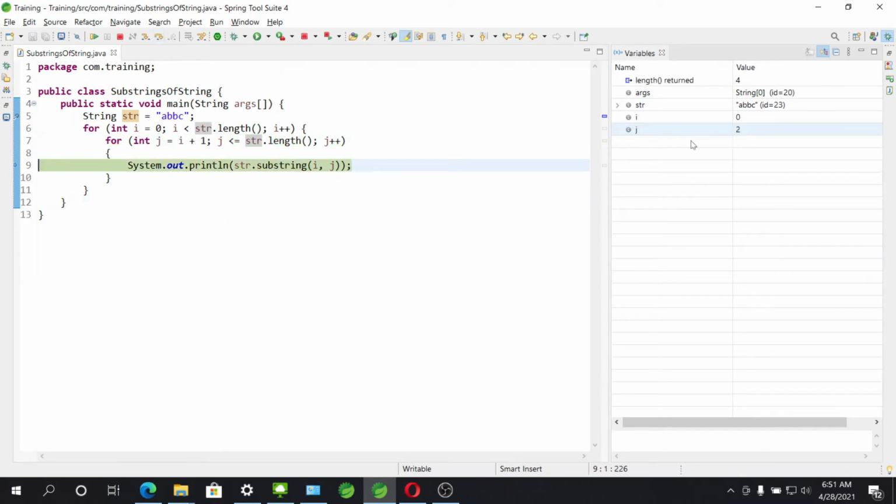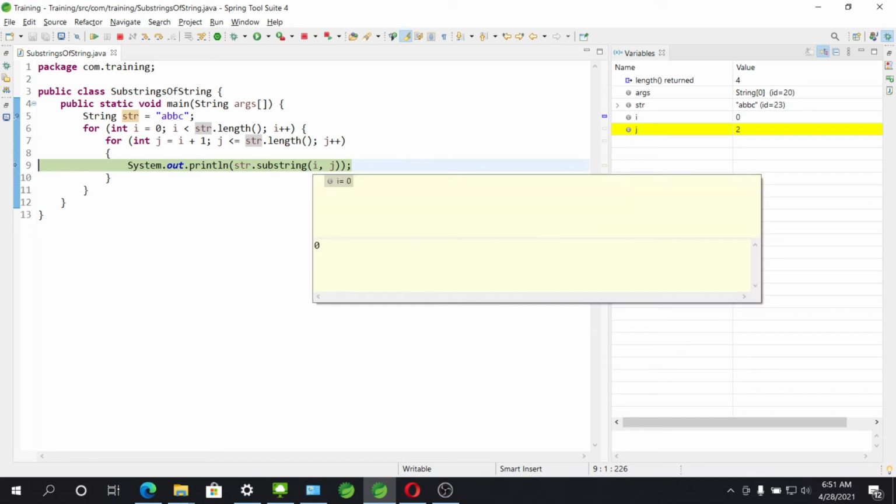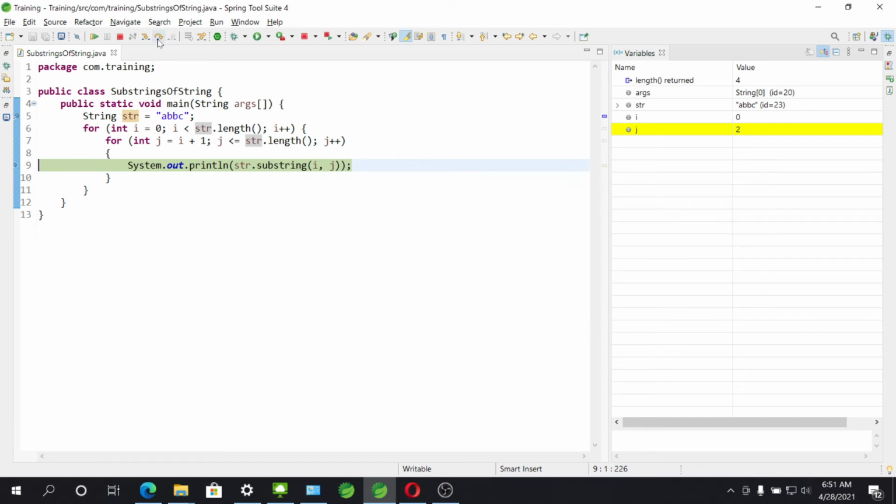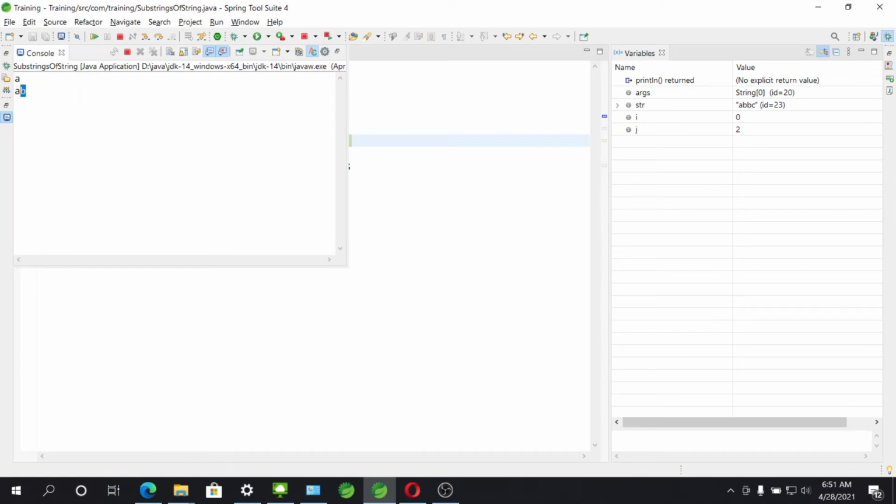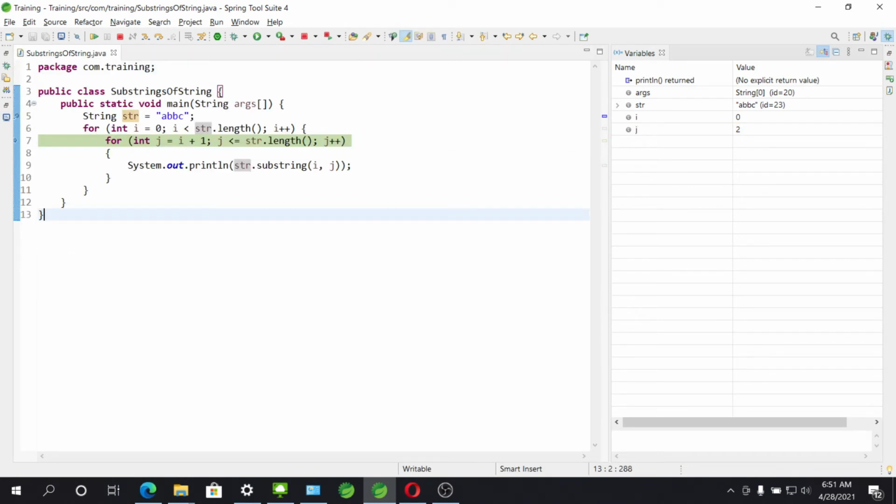So the value of j is 2, and now we have substring from 0 to 2. It will exclude the second index, and it will print the 0th index and the first index. Let's print it. Yeah, A and B is there. We have excluded the value at the second index.